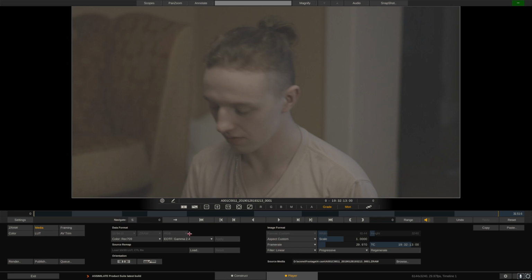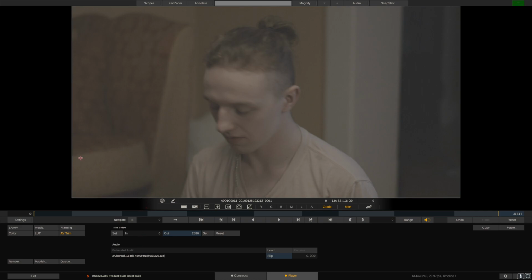Now, just because it says it's Rec 709 does not mean that it is Rec 709. ZRAW does not import perfectly, so it can show things like this. So I would personally just leave this alone unless you really know what you're doing. Personally, I could change this, but it wouldn't really make much of a difference anyway. So now I'm going to just skip all this other stuff since we're just transcoding and go to